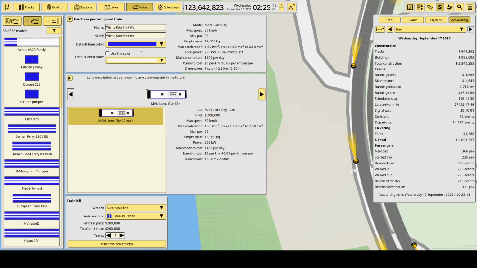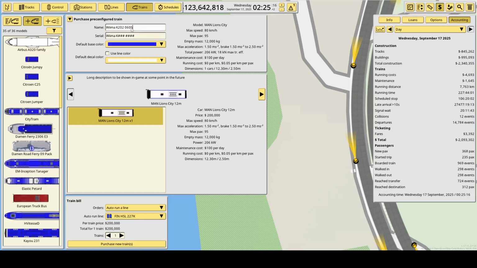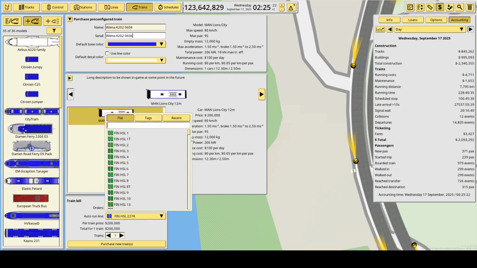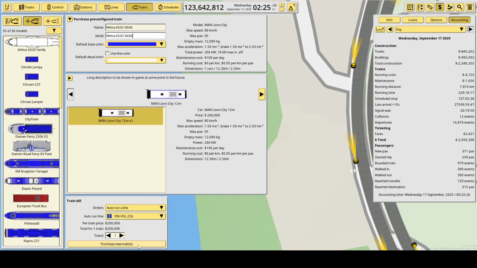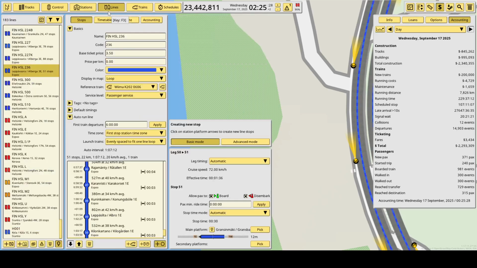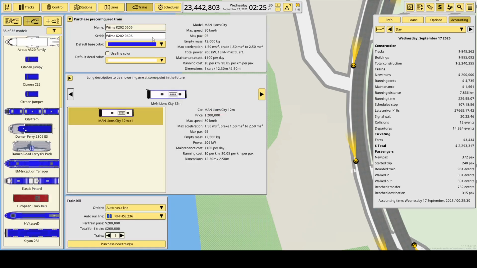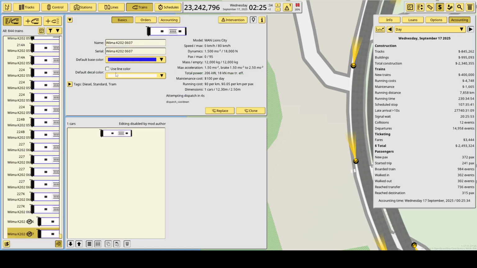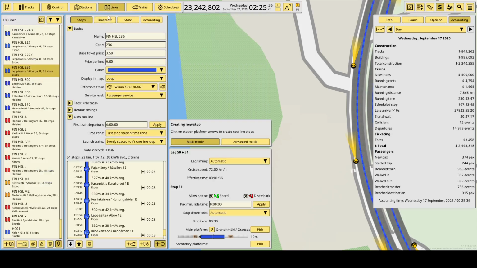We clone this one. Number 606 it is, and we'll place it on line 236. So we're gonna need 2 of them just to make it run hourly, which means basically every half an hour. Never mind.